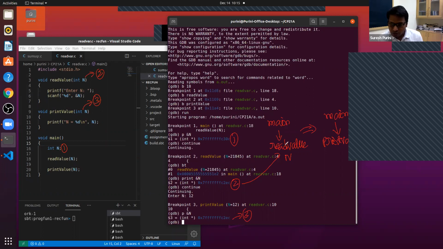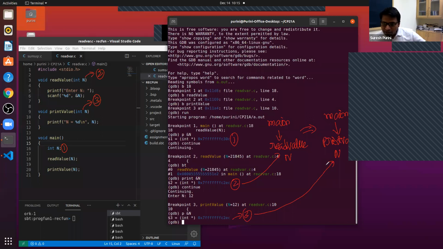Since the memory is reused, and print value and read value look very similar, they have only one parameter, the same address is being reused for the variable n. Do you understand what is happening? Very interesting ideas are happening here.